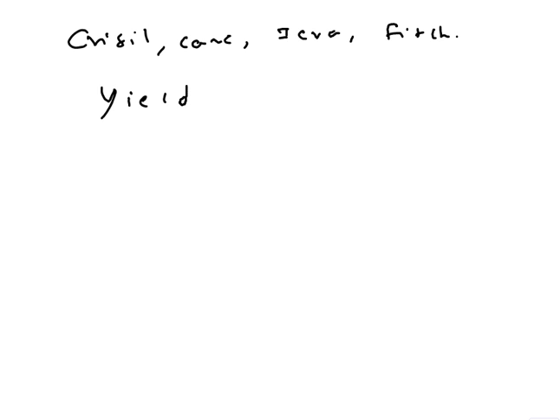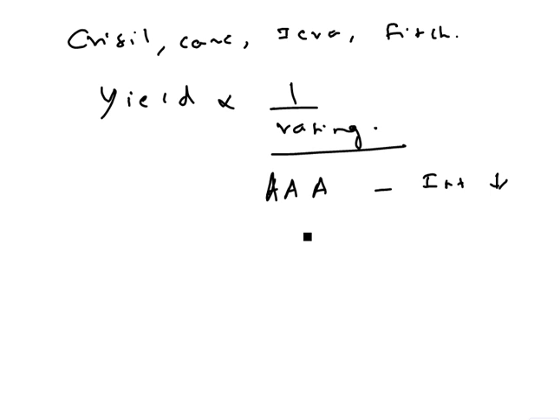And usually these bonds are rated for their credit quality. In India, usually CRISIL, CARE, ICRA, and Fitch are the credit rating agencies who rate the bonds. Usually the yield on a bond varies inversely to the rating. So if the rating is too good, a triple A, then the interest will be less. If it is a junk bond, where the rating is too poor, then the interest will be more, and accordingly the risk also will be more.